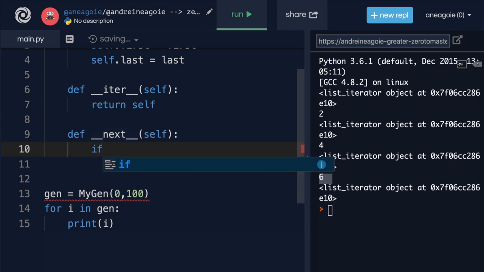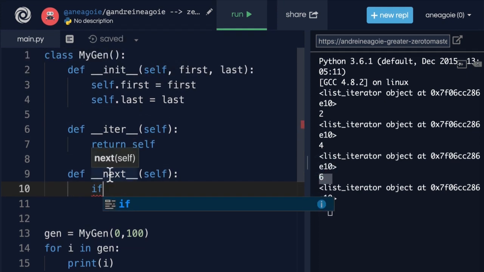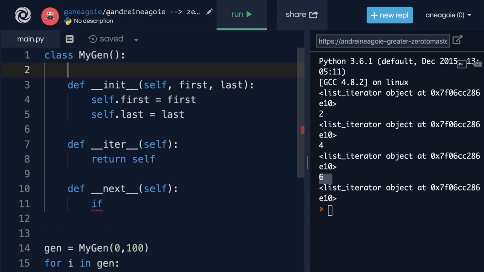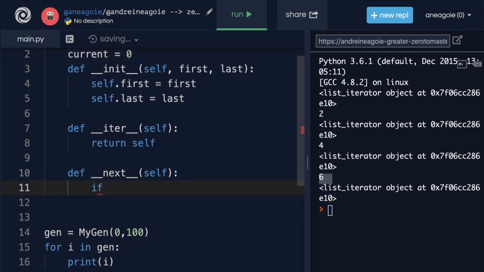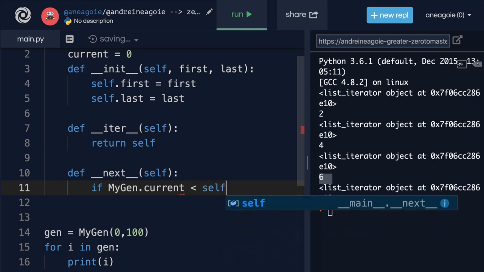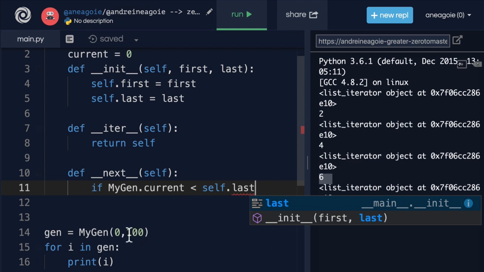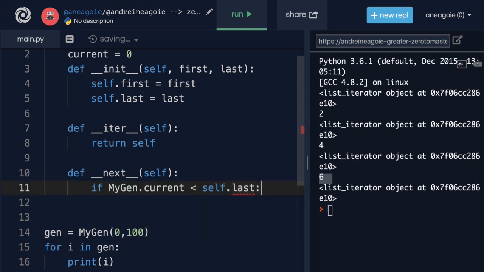Well, I'll say if, and we need some sort of state or data to keep track of where we are. Remember how generator functions remember where they are? Well, we can create a class object attribute. So I can say current equals 0. So this is where we are currently on our iteration. And say mygen.current, as long as that is less than self.last, which will be the 100 here. If that's the case,